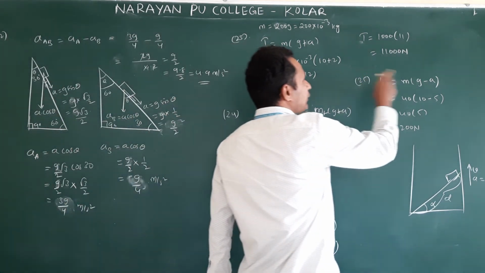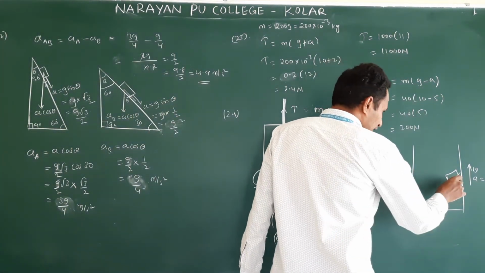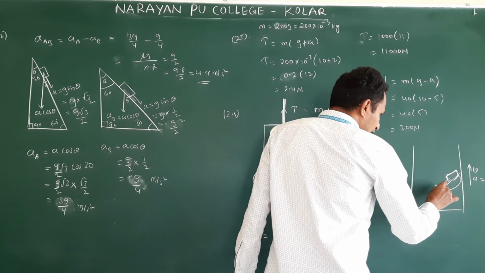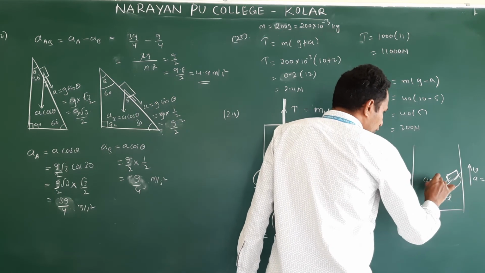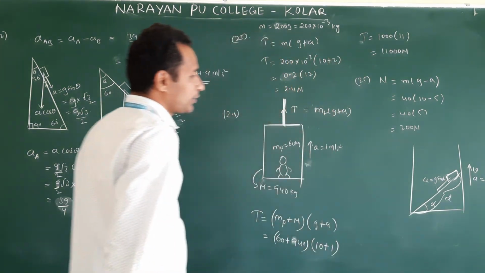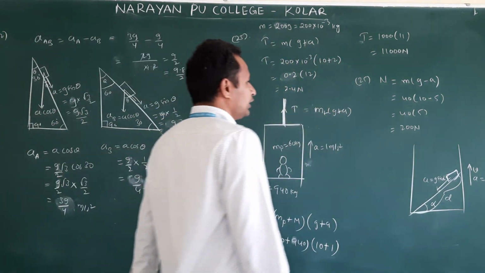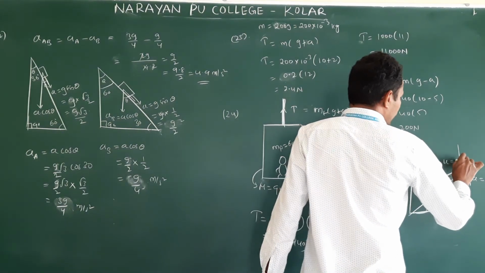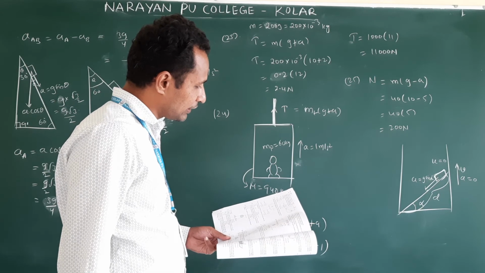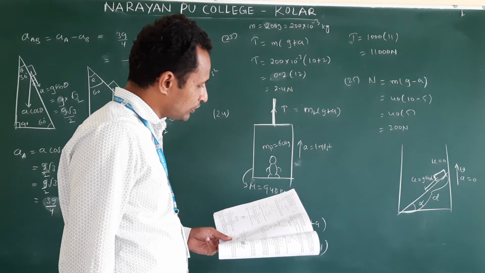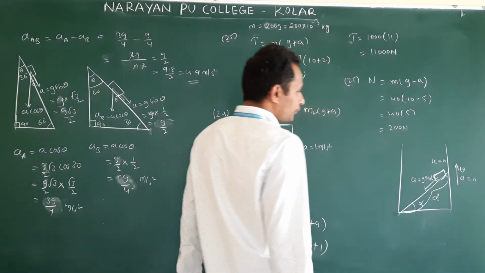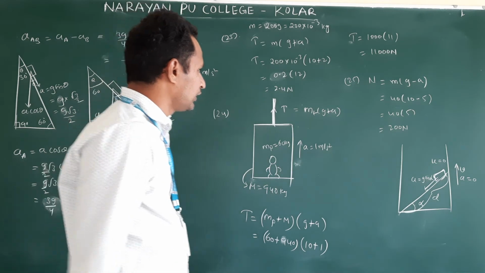We cannot add or subtract anything. Only g is acting. Which component accelerates this object? That along the plane: A is equal to g sine alpha. The acceleration of the block is g sine alpha. It is starting at rest, so U is equal to 0. The inclined length is given as d. What are they asking? The time taken by the block to reach the bottom.